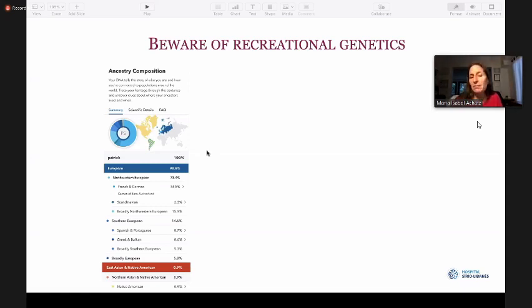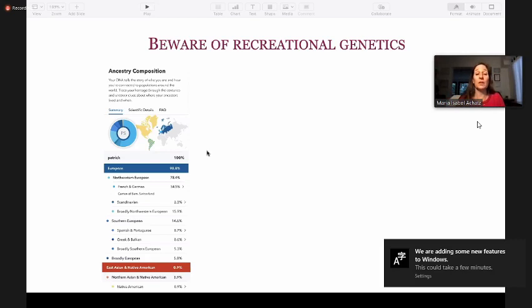And it would be even fun if it would stop there. It's very interesting to know what your DNA composition is, if you're mostly European, if you're from Asia or from other parts of the country, but usually they don't stop there. After you perform this first part, they send you an email proposing, for $50 more, to give you important information